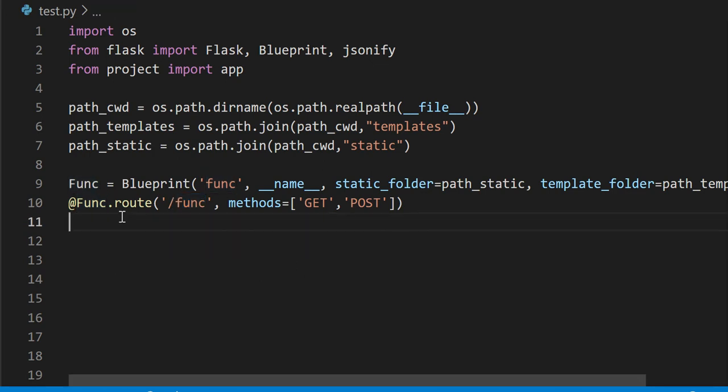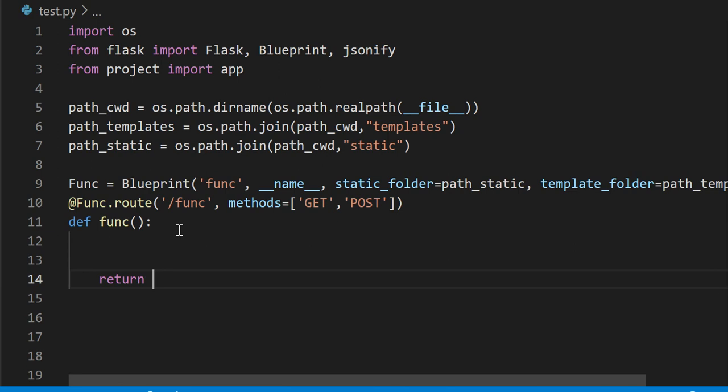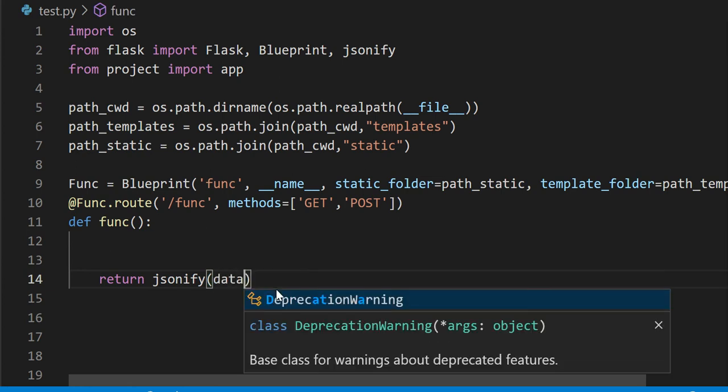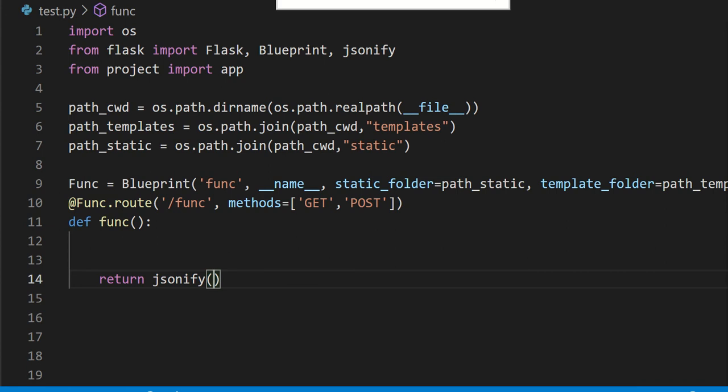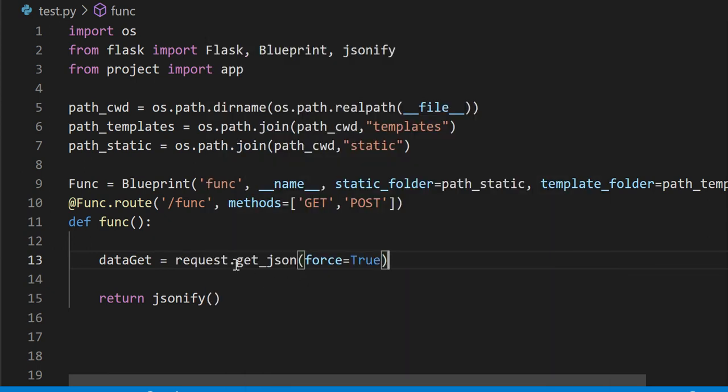Then finally down here you want to have your function. And underneath here, you want to go return jsonify, and inside here you're going to put whatever your data reply is going to be. So let's get our data first. Over here inside our function, we have dataGet, and what you need is request.get_json with force=True. When you have this force true here,